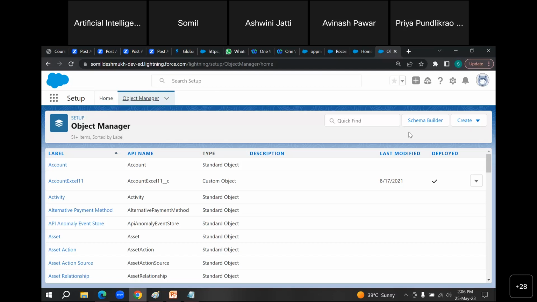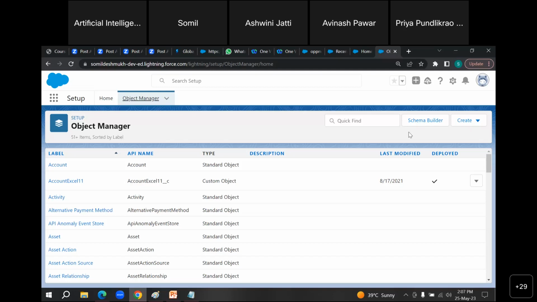So what I will be doing is that we would be picking 3 applications: Sales Cloud, Service Cloud, and Marketing Cloud. We would be learning how these applications work in Salesforce.